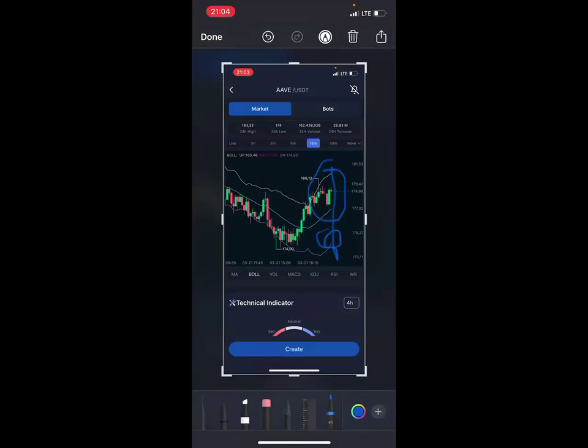Because why? Imagine what is going to happen if you buy the premium, right? Here's why a lot of us are always in deep. You bought around here. Let's assume that this is not 15 minutes, let's assume this was 4 hours, and then you bought up here at the premium price. So now you have to wait for price to come back here to be at the discount, and then you have to wait again for price to come up here again